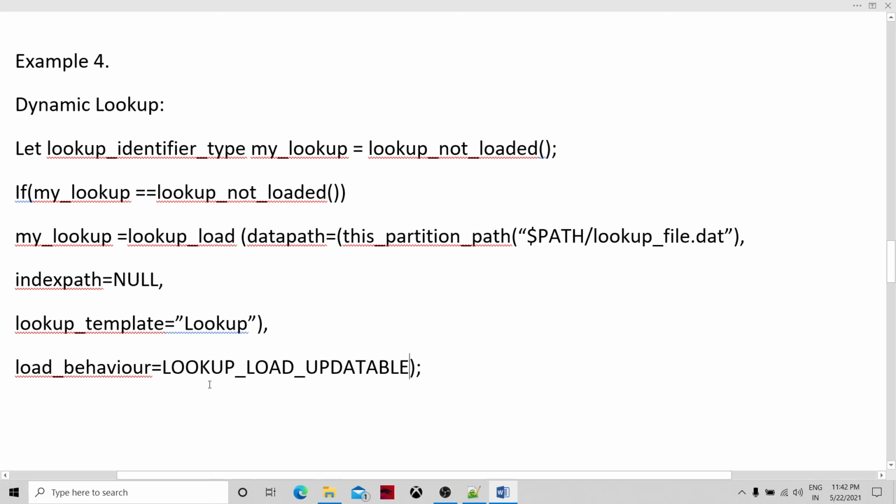So in short, with lookup load we can have more control of our lookup operations. Whenever we need, we can unload or load, we can amend or append records, and we can release the memory as and when required. There are a few functions which support this: lookup create, lookup add, lookup load, lookup unload. These different functions are available, which